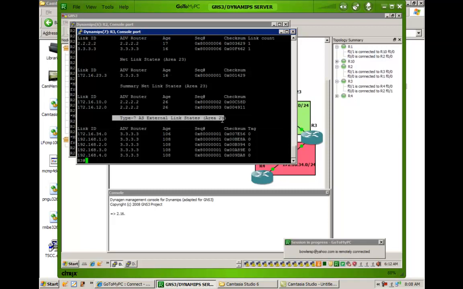Again, these are for networks that are originated outside of the OSPF domain. They're coming in to the not so stubby area. In this case it is area 23, and we're listing them as type 7 LSAs, and we should be sending them out to the rest of the OSPF network, area 0 and area 10, as LSA type 5 external. So again, the main difference here between a stub and a not so stubby area is that an NSSA will allow you to perform redistribution,